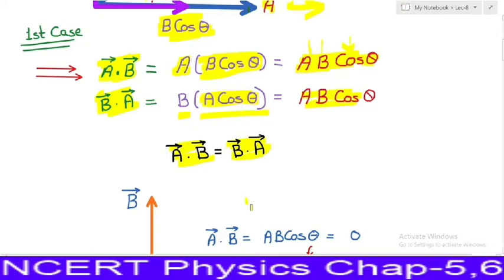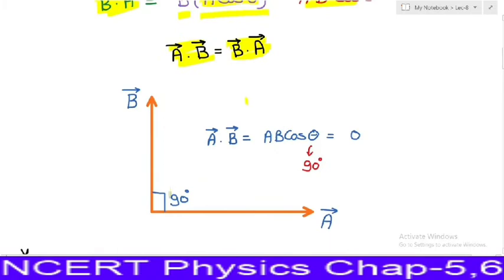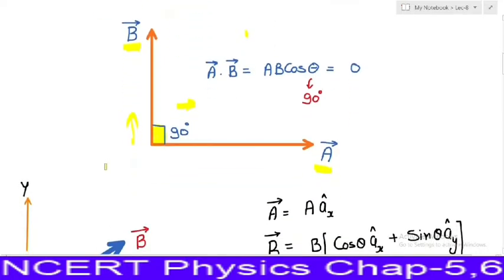Here we take one more situation. Suppose this is vector a and vector b is perpendicular to a, and now we want to find a dot b. Because now in this case both vector a and b are perpendicular to each other, so it is very much clear that the component of vector b in the direction of a is 0 and component of vector a in the direction of b is 0. So if we fix one vector and try to find component of second vector in the direction of that fixed vector, so that is 0. So ultimately dot product would be 0. So we can say that the dot product of two vectors having angle 90 degree between them is always equal to 0.